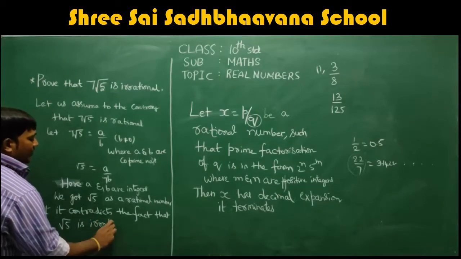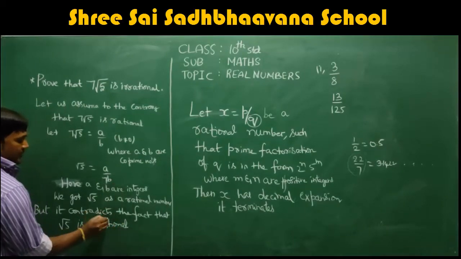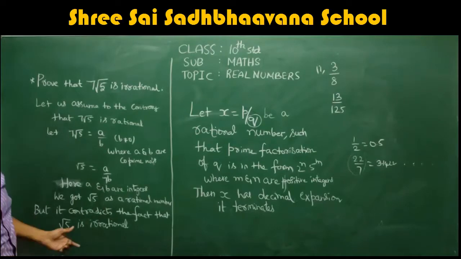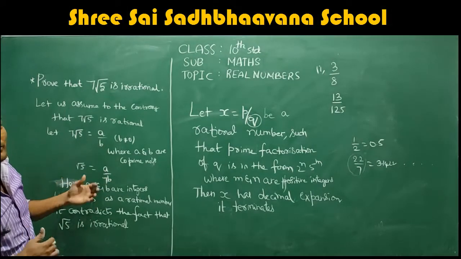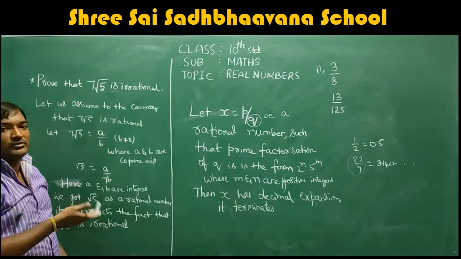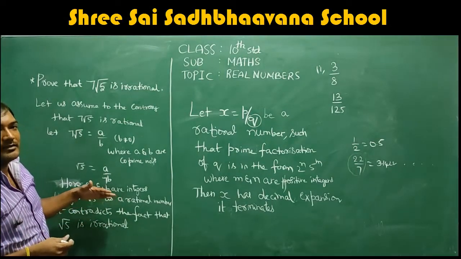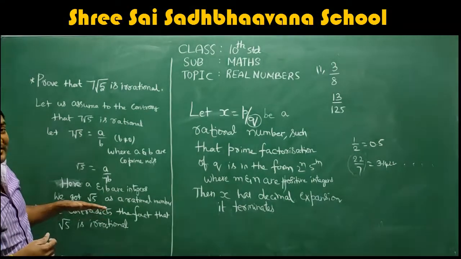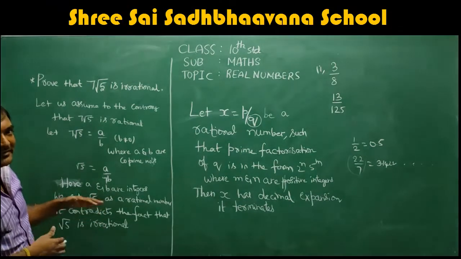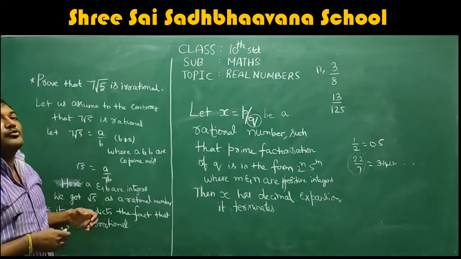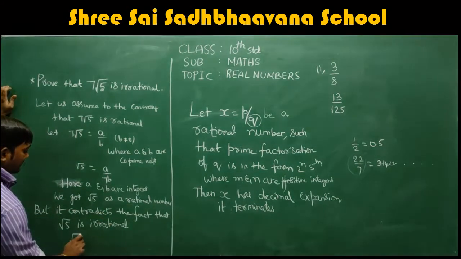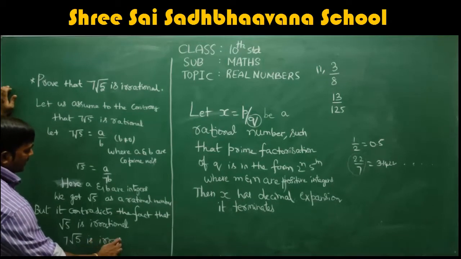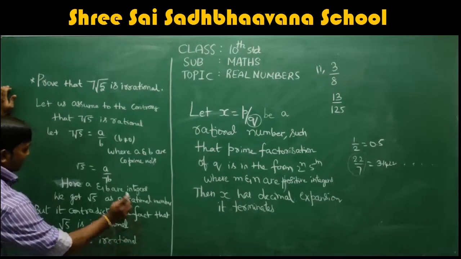As we know, we already proved in the last class that root 5 is an irrational number. But what are we getting? We are getting root 5 as a rational number. So it contradicts, it opposes the statement we proved, and that proof is the correct one, right? Root 5 is proved irrational, but we are getting root 5 as rational. Then obviously 7 root 5 is irrational. Correct? Because the fact is,